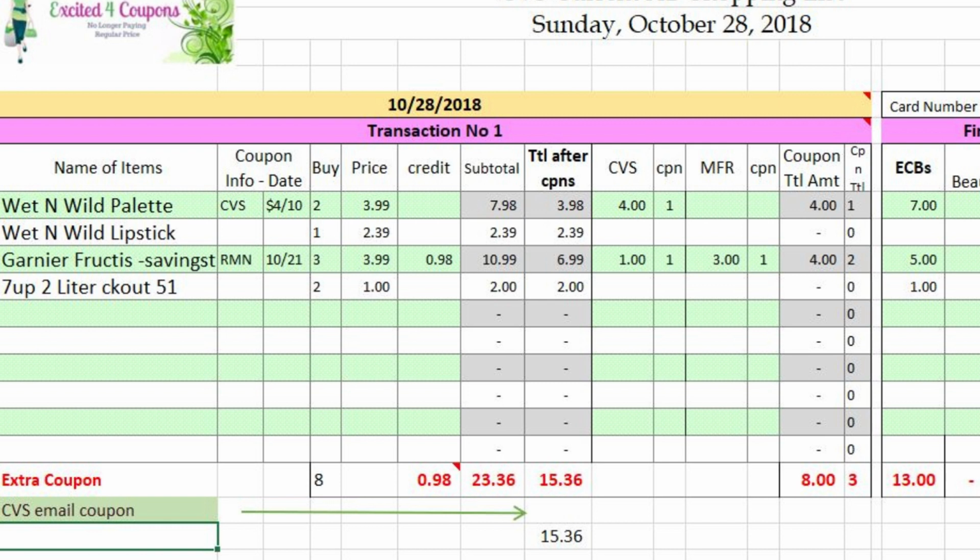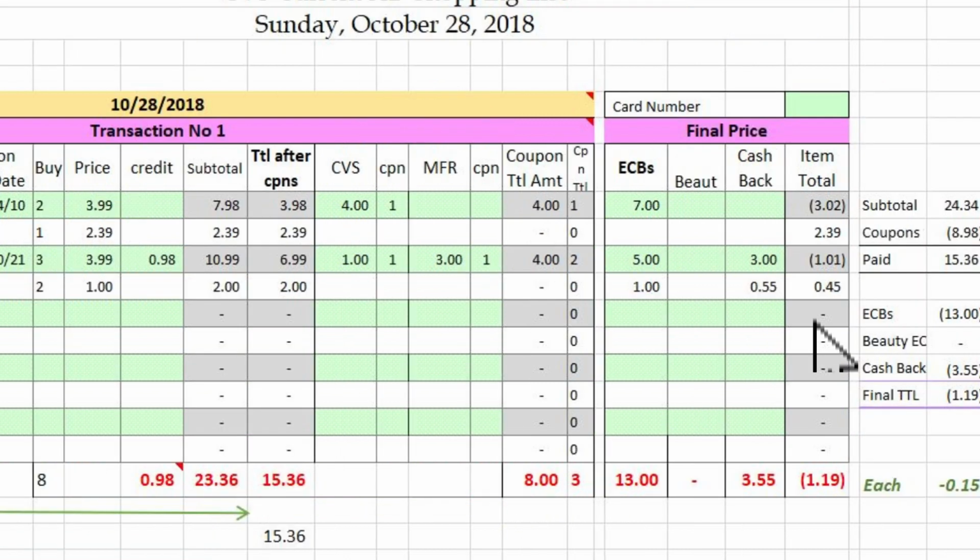Then you continue and you could put how much the ECB is going to be and how much you're going to get cash back. And then at the end, as you can see, it tells you exactly what the final price is going to be after any ECBs and cashback has been applied. So this was another idea, since it does include a credit item or a credit total,